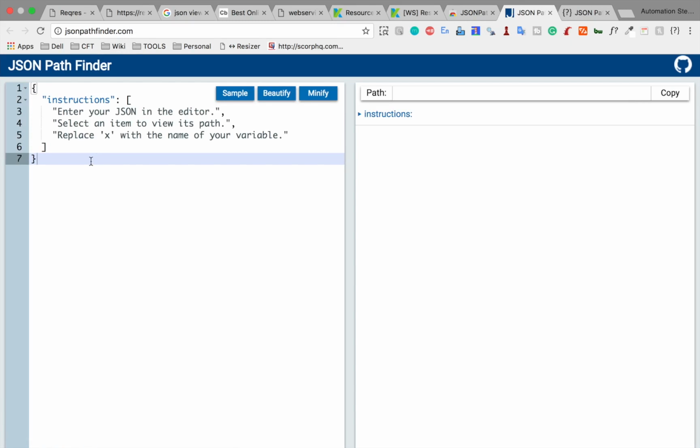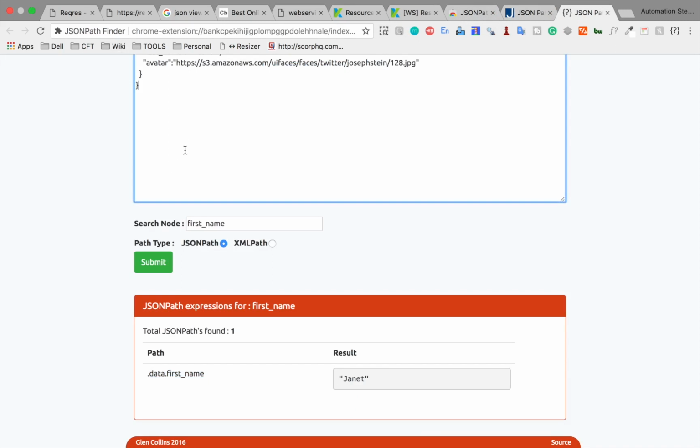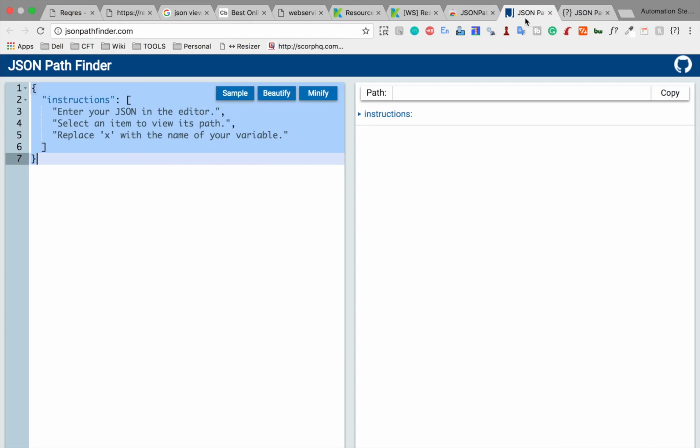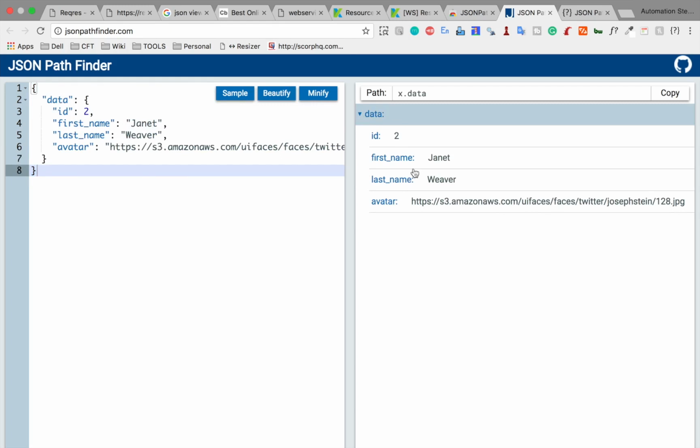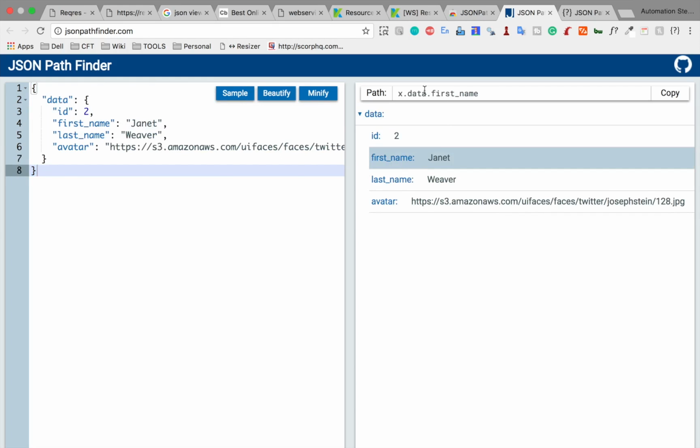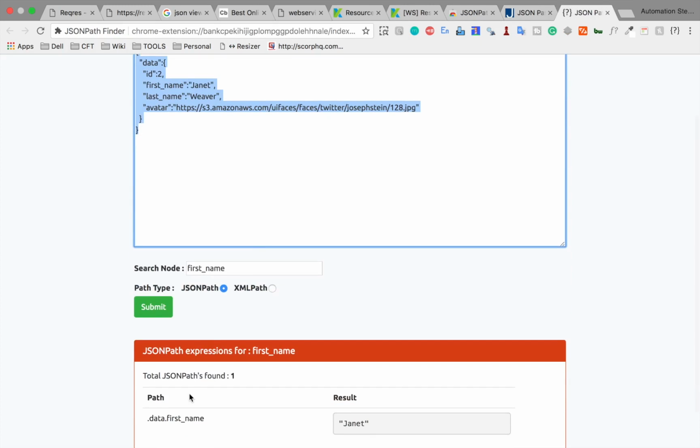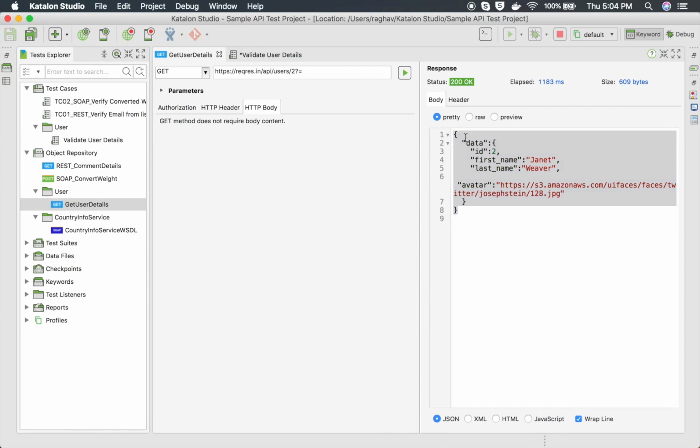Also, if you go to this JSON path finder, you can do the same thing. You can put your JSON data here, and you click on beautify, and here you will get this formatted data. And now if you click on any element, it will give you the JSON path. So the JSON path is data dot first name. You can take it from here or from here, which is the same thing, and go to your Katalon Studio